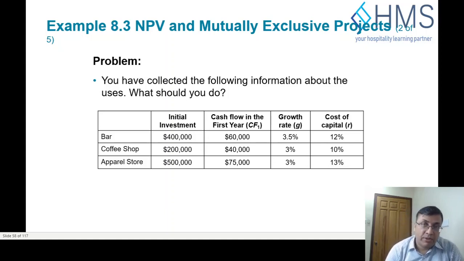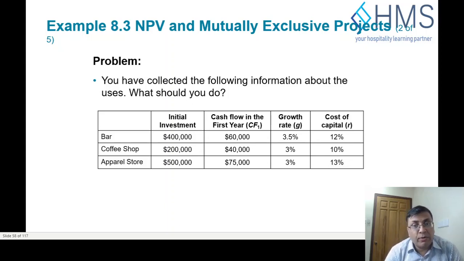First thing you need to understand in this problem is that the initial investment amount is different, and the cash flow and cost of capital are different for each project. Why is that? Because the projects are different, they are not the same, and the risk in each project is different. That's why the cost of capital for all the projects is different, based on the inherent risk and the expected cost of capital. Another thing you will see here is